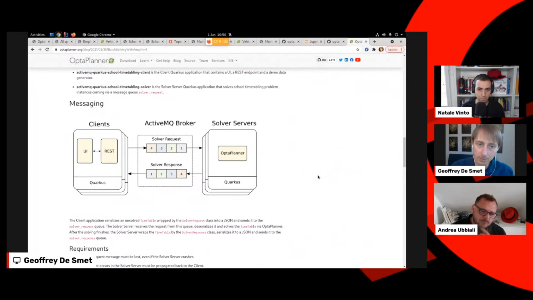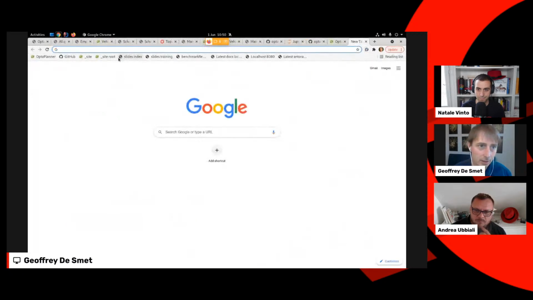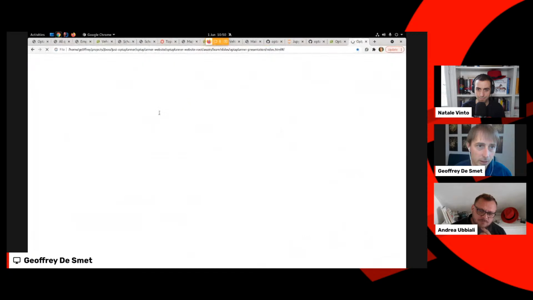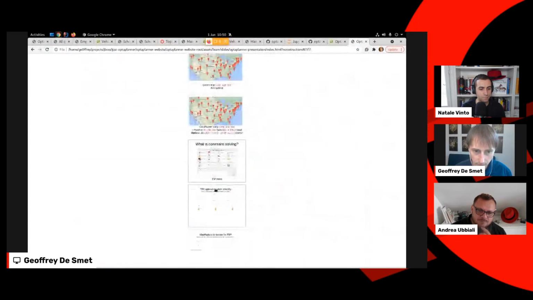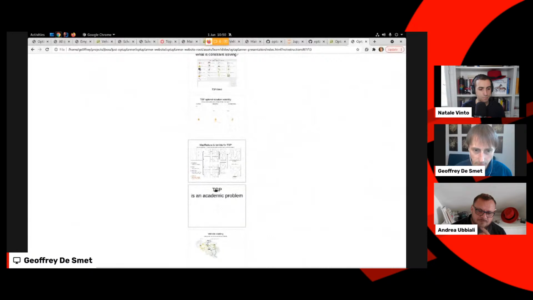So that will scale horizontally. But the problem is sometimes you don't want to do partitioning, because if you take a planning problem and you cut it in pieces, and I can illustrate that. That's actually quite interesting to show. So let me just do it for a second. Yes, this one.